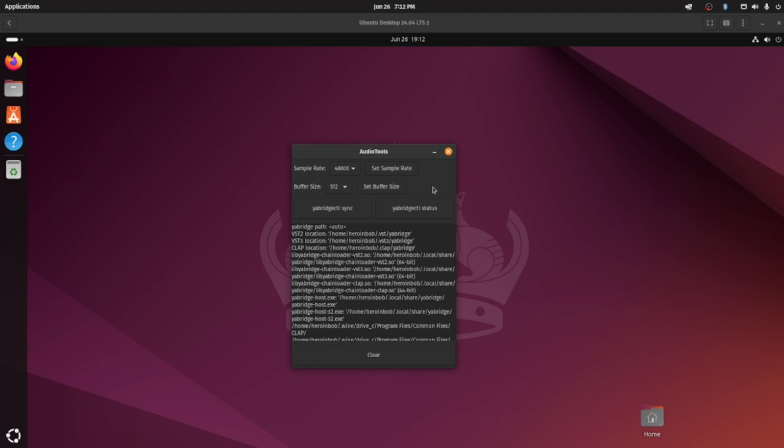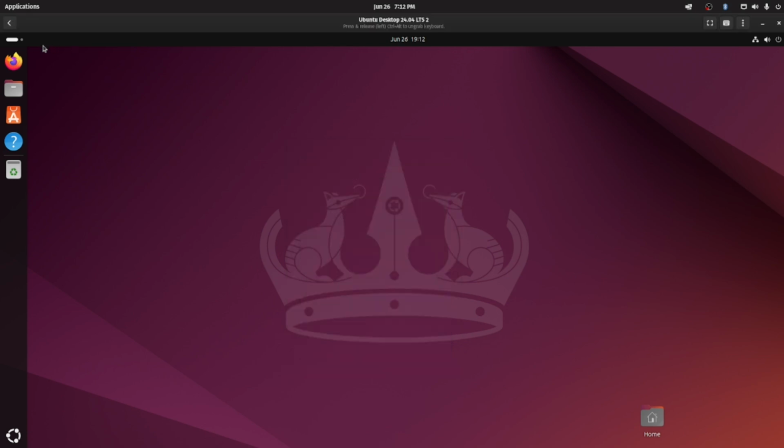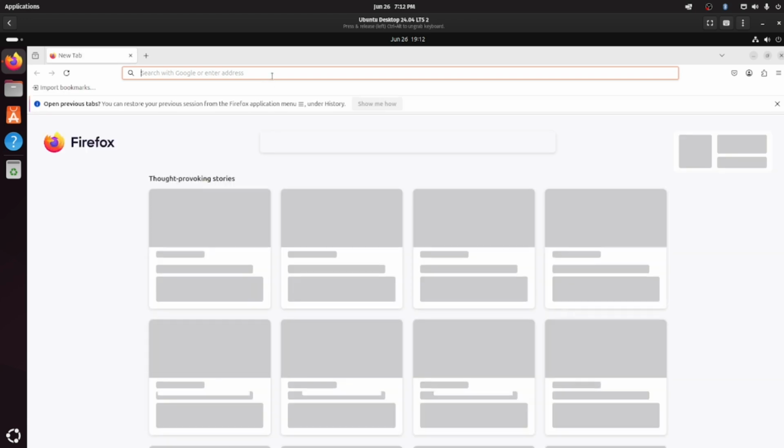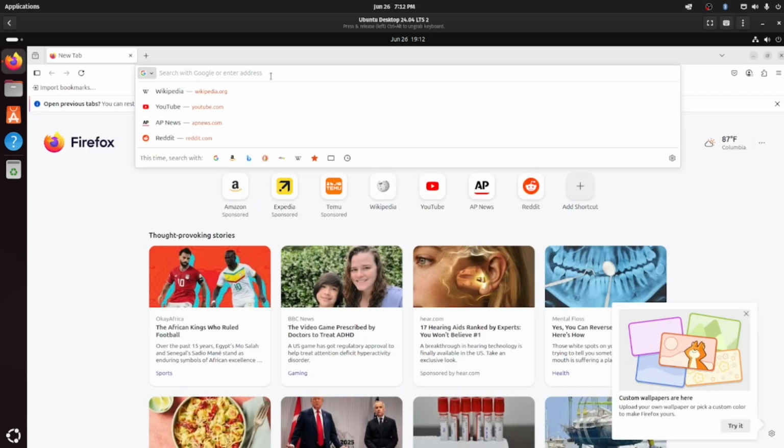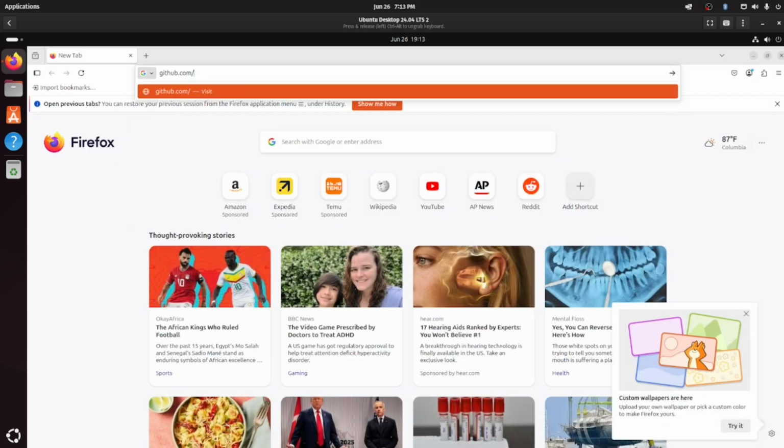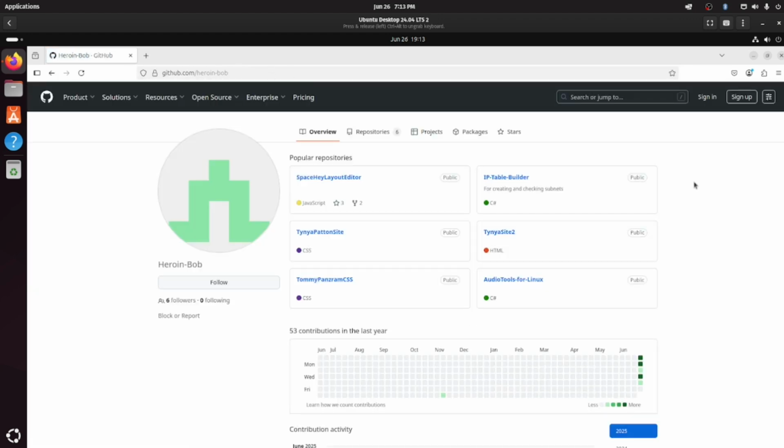So the old way, I had you copying and pasting and moving things. This way, you're going to run a script, and that script's going to take care of everything for you. So with all that being said, I'm going to go ahead and close this out, and I'm going to open up a web browser. And I'm going to head to a website that is github.com/heroin-bob. I'm going to put this link down in the description,